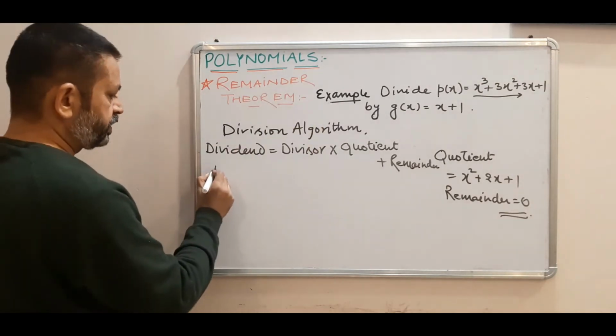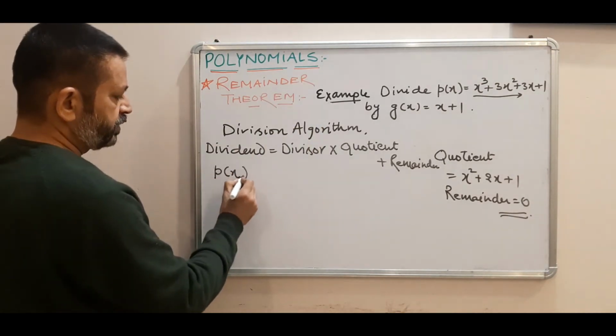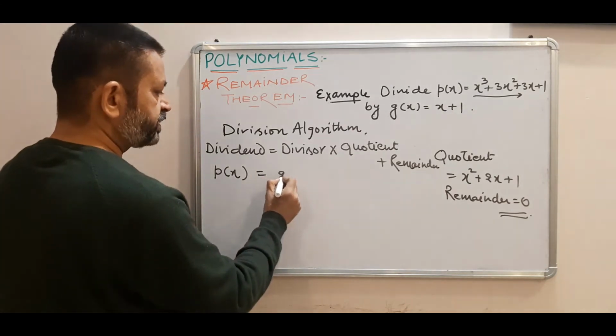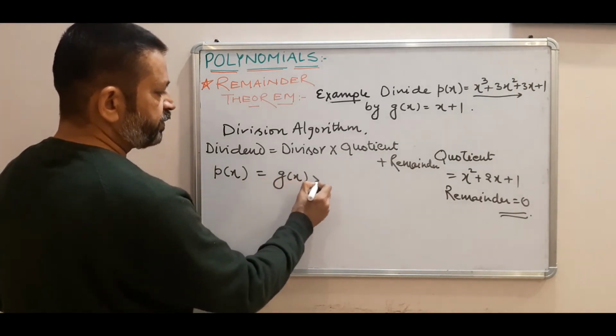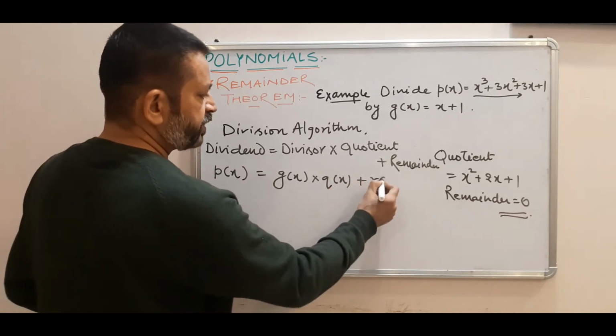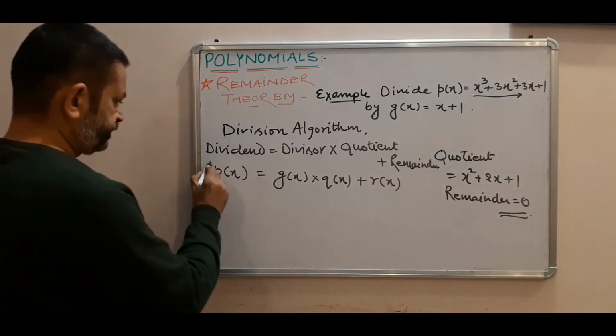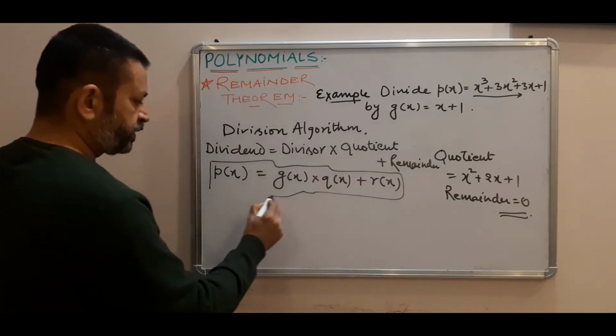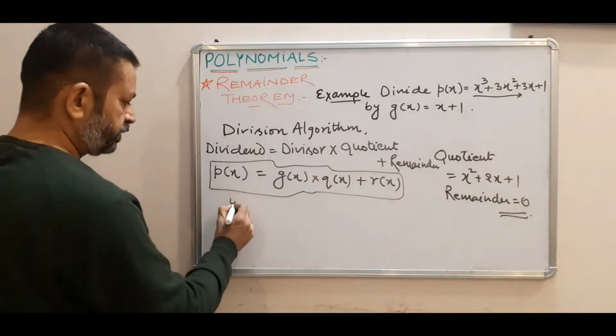So as per this question, the dividend is p(x), the divisor is g(x), we will represent the quotient with q(x), and the remainder is r(x). So this is the division algorithm for polynomials, where